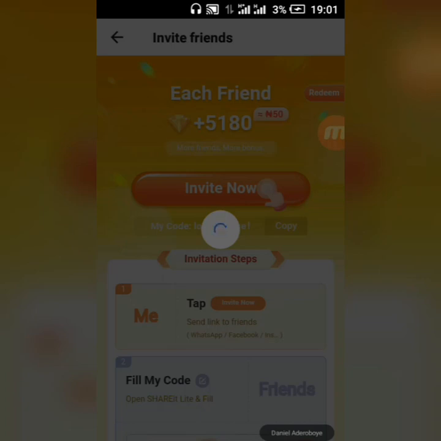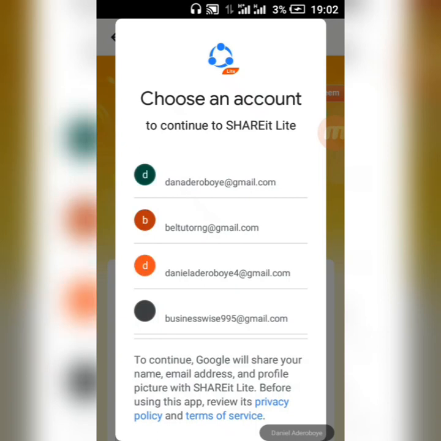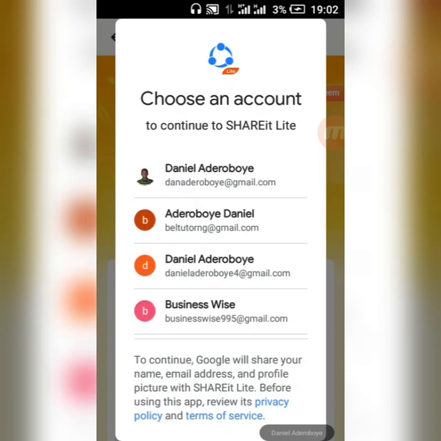When you log in, it will automatically give you more insight into your account. There is a place where I can put in my phone number. Don't be scared to put in your phone number. It's to authenticate that you are real. You put in your phone number, they will send an OTP, a one-time pin, to you, and that is all you have to do. If they ask for any information, just give it, and allow the application every permission. You can check the privacy policy, but I can tell you that they're not stealing your data whatsoever.